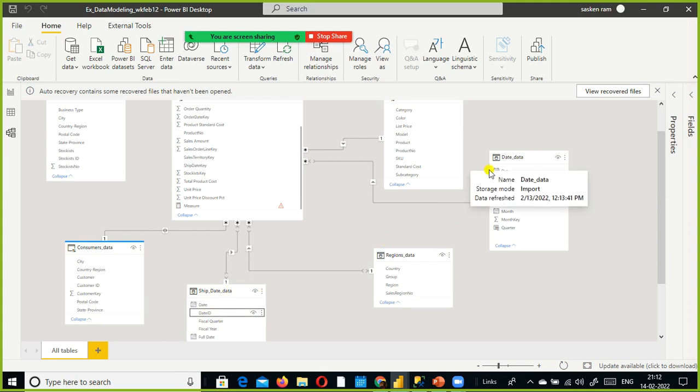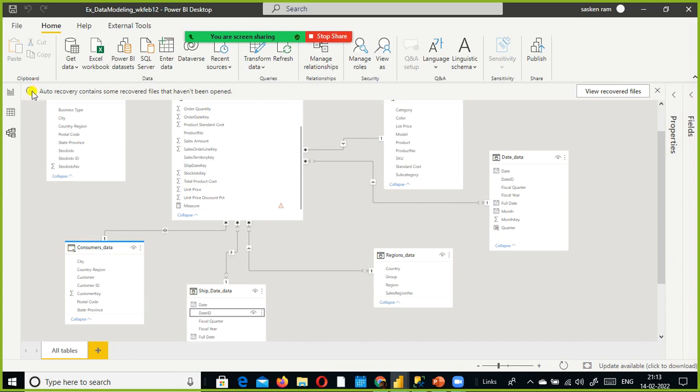The same dimension, the single dimension plays multiple roles. Using this date dimension table, I can filter order date key. Using this dimension, I can generate the total sales amount by ship date.